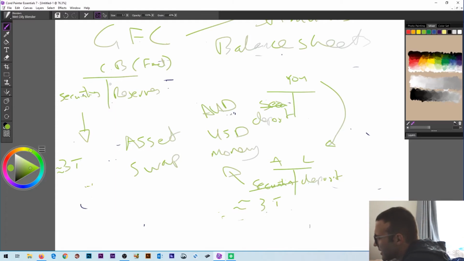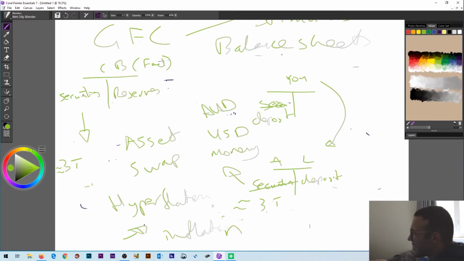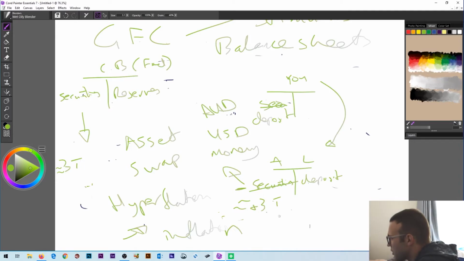Now, I'm not saying it's necessarily a good thing that the balance sheet ballooned for the central bank, and it might be a while before we see the negative effects of that. But in terms of the financial crisis, the reason we didn't get hyperinflation, as many buffoons were predicting, or in fact we didn't really get a huge uptick in inflation either, is because it wasn't a net increase of assets. It's not that people had these securities and then got 3 extra trillion, it's that they lost securities and got 3 trillion.